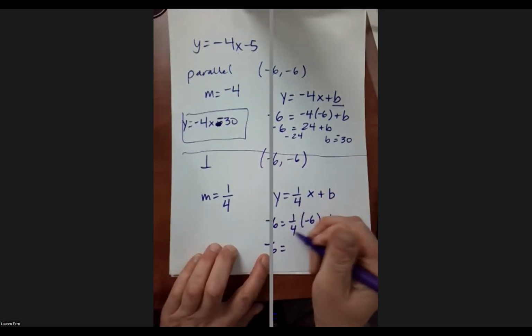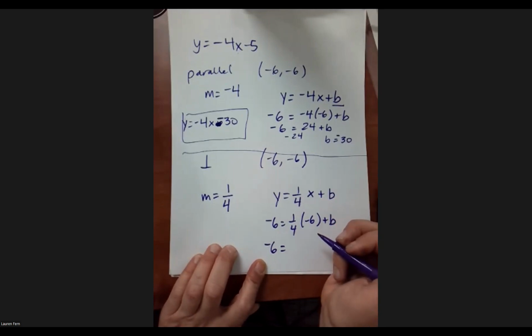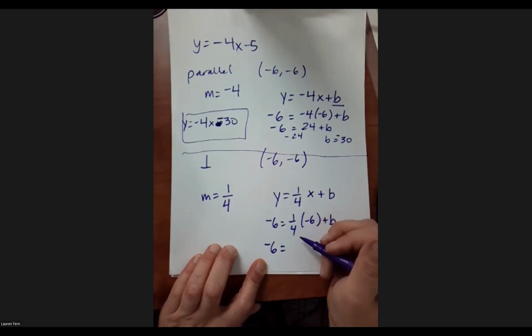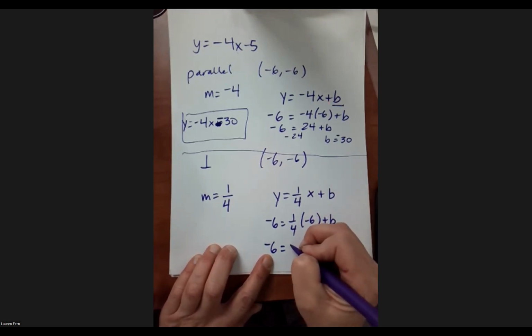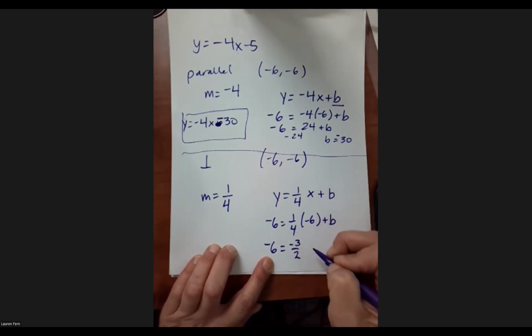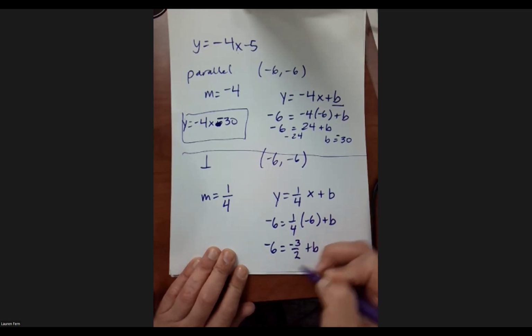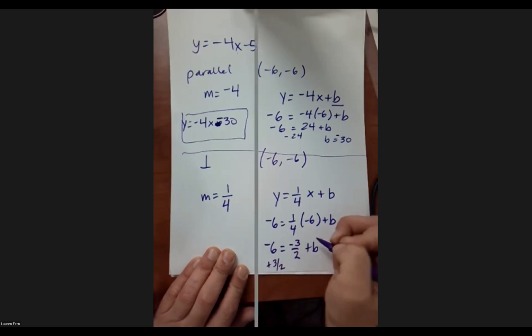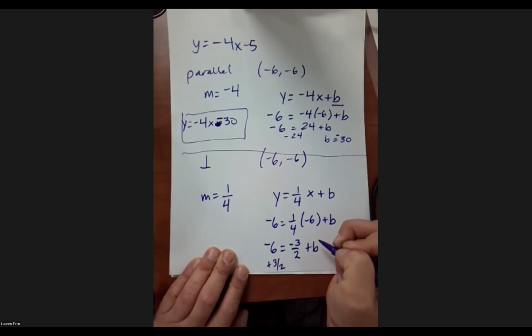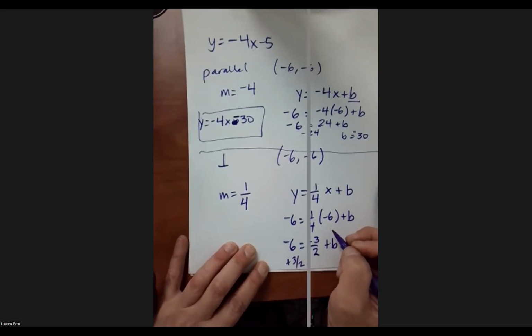Well, I don't care whether you put it in decimal form or fraction form. I'm kind of a fraction type of person, but some people don't like dealing with fractions. You could literally put 1/4 times -6. Okay. But you're going to get -3/2 or -1.5 plus b. And then we would add 3/2 to both sides to find b. Does anyone want me to take this to completion using fractions, or are you all going to want to use decimals anyhow?